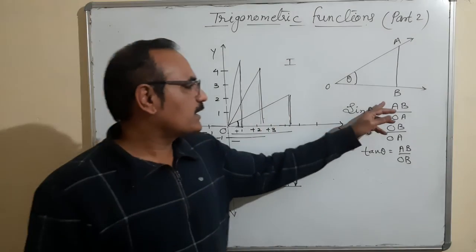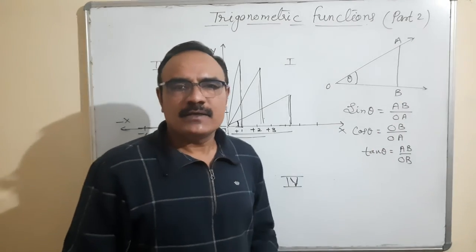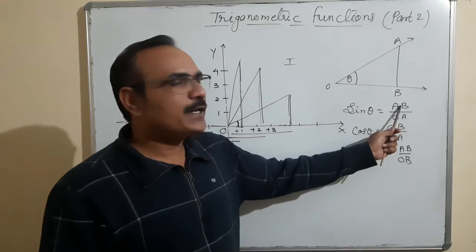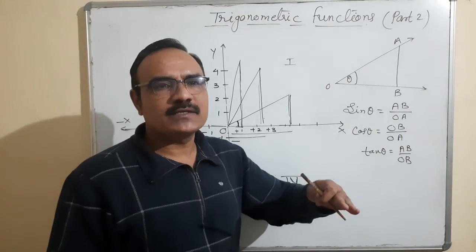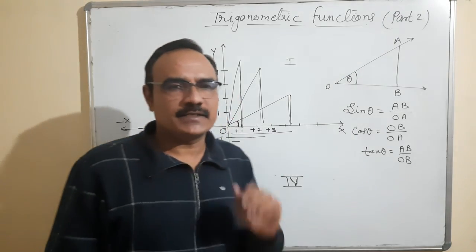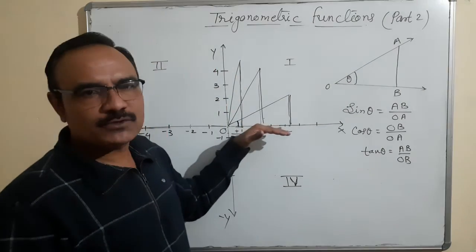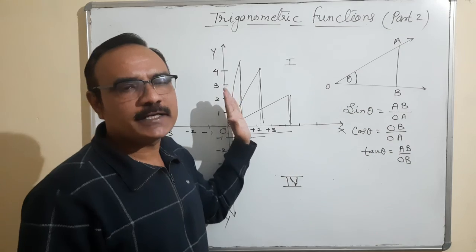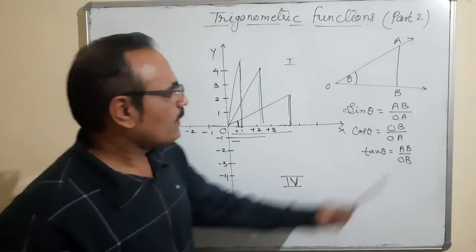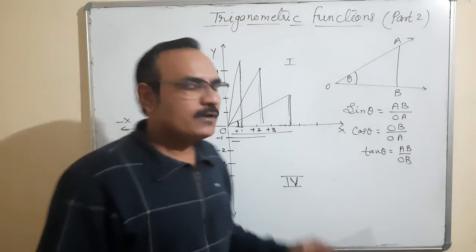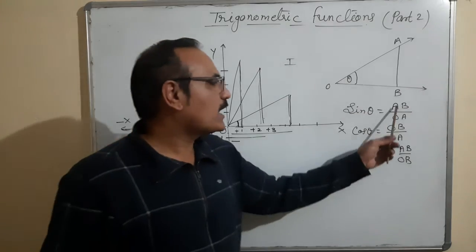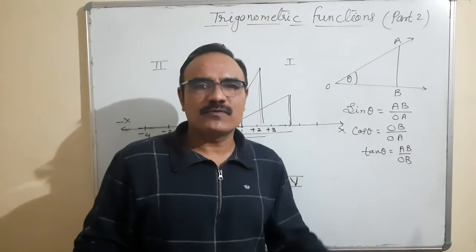If the perpendicular is increasing and the base is decreasing, so obviously this OA hypotenuse is fixed and the perpendicular is increasing, that means if theta increases, then the value of sine theta increases. So the minimum value is sine 0, which is 0, and sine 90, we know that it is 1. Sine 0 is 0 because the perpendicular is 0. Maximum, what happens? This perpendicular will become the hypotenuse, so both are equal, cancel, it is 1. So the maximum value is 1.